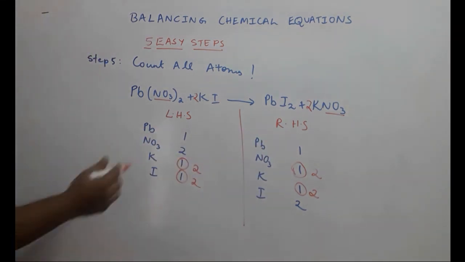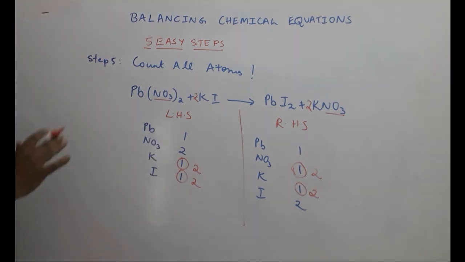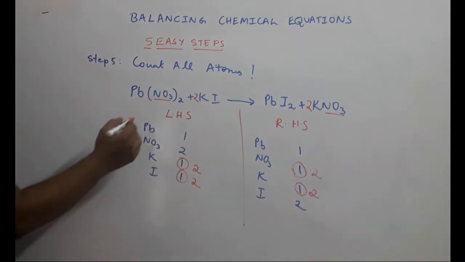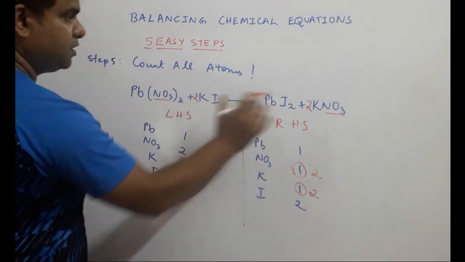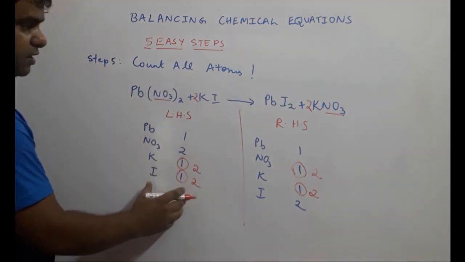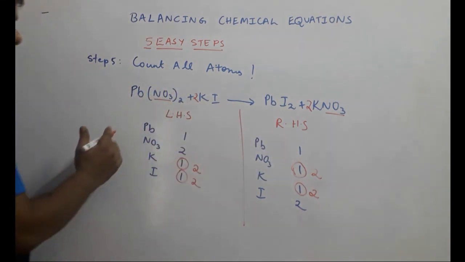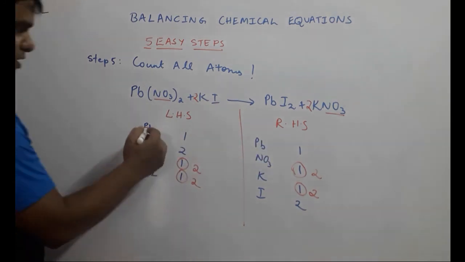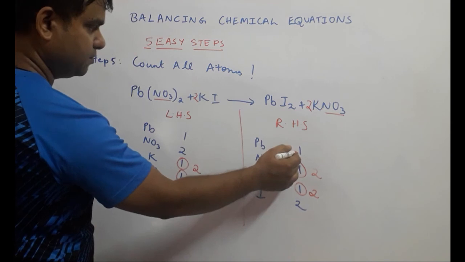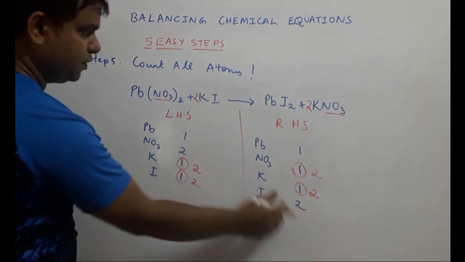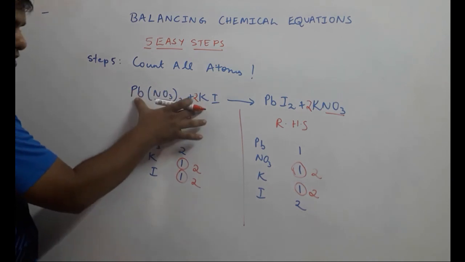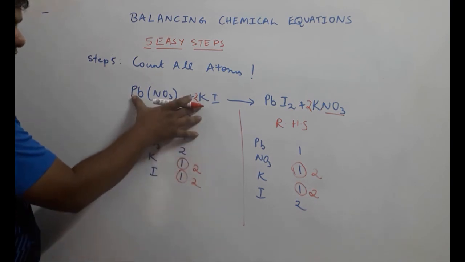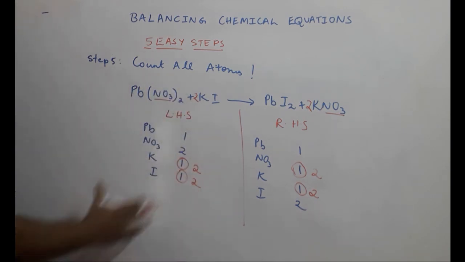Have a look again, count all the atoms to ensure that you have got your equation properly balanced and nothing is missing. Once you complete balancing, go over it once again, see if all the atoms on the left hand side and the right hand side, on the reactant side and the product side, match with each other. Lead, we have 1 atom, 1 atom. When we do rough work like this, we also need to check at the same time in our equation, have we balanced or not? Always check in your equation, because your equation is what matters, not your rough work.